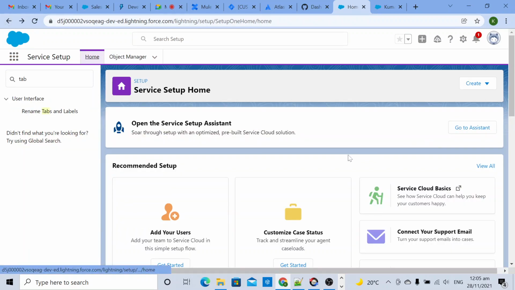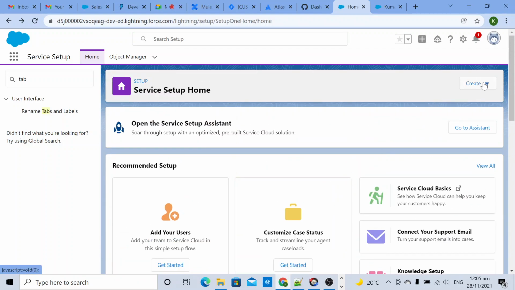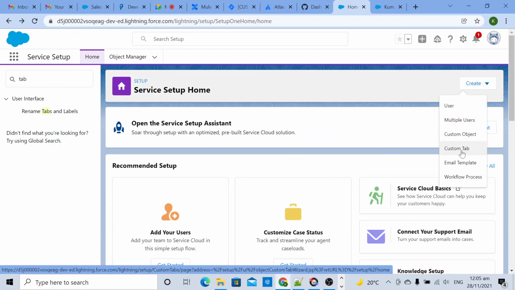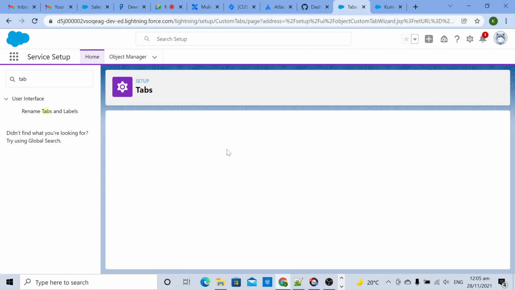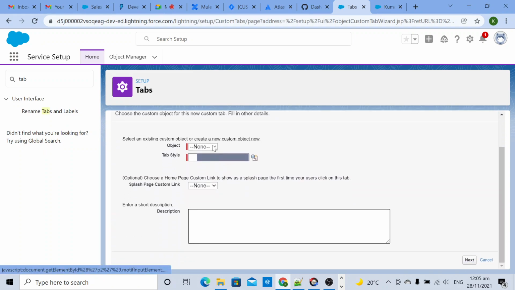Since we already created the demo one, that's why it's not coming. Inside custom tab, generally once you create an object, demo or whatever you want, it should come. Since we already created that tab, we can't see that option, but in your case you will get it.